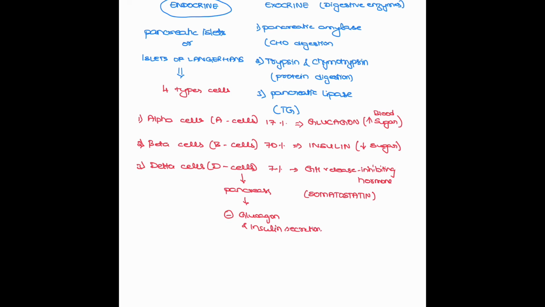Whereas in the hypothalamus, it inhibits the synthesis and release of the growth hormone, and in the case of the GIT, it will inhibit the release of gastrin. And lastly, coming to the fourth cell, that is the F cells, which constitute the remainder portion of the islet cells,